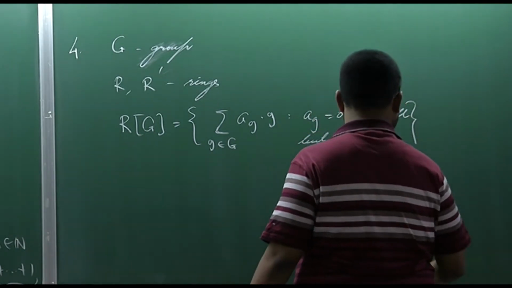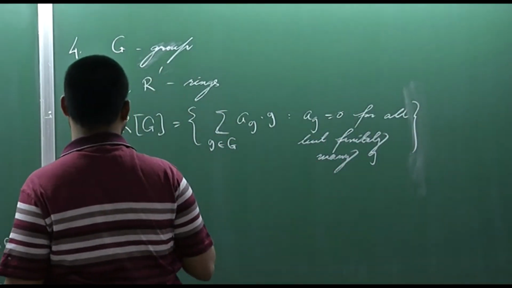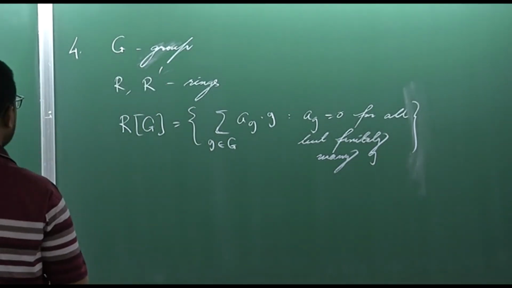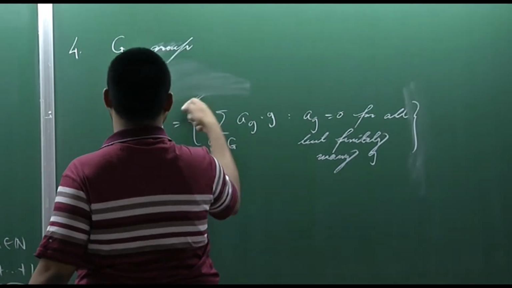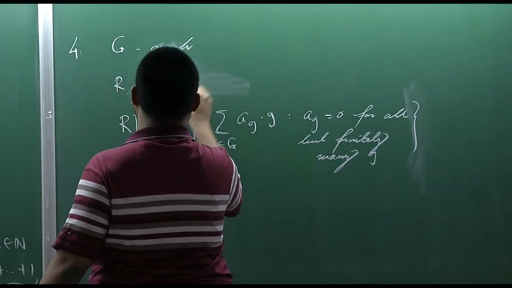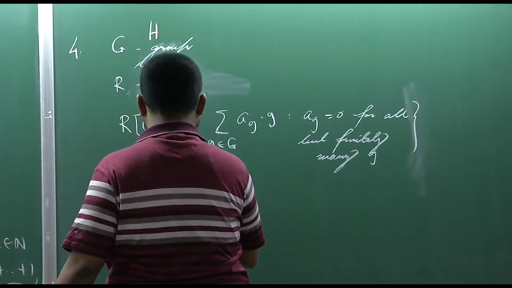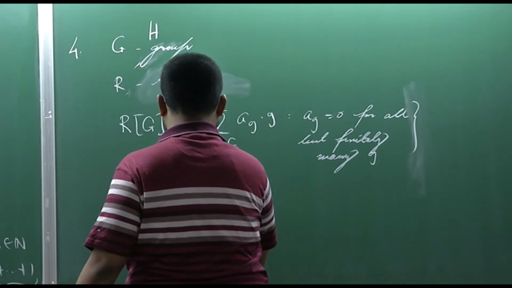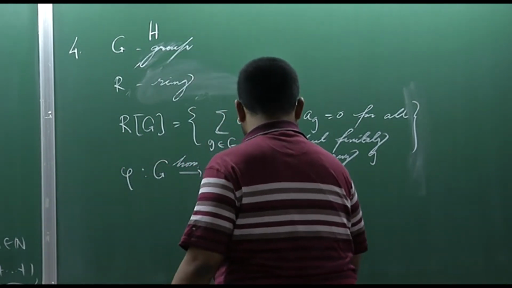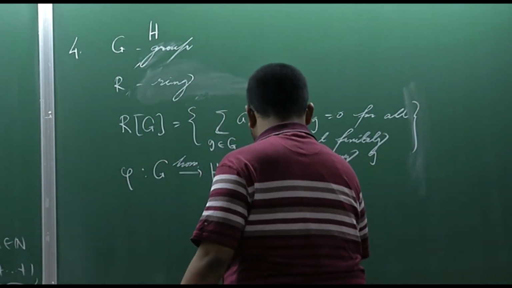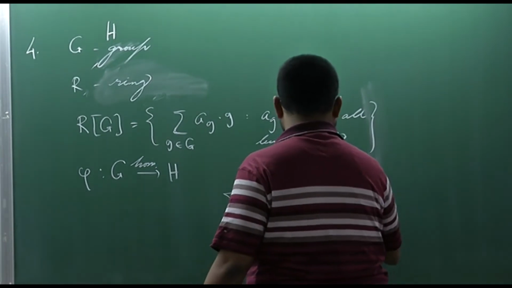Okay. So, as I was talking about, suppose we are given, I have one ring and two groups G and H. So, now let phi be a homomorphism from G to H. Then we take a typical element from this RG, namely this, where, as I said, a_g vanishes for all but finitely many g's, and we send it to